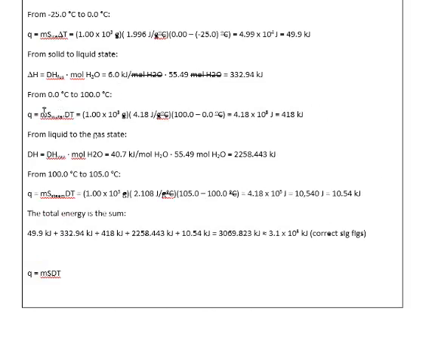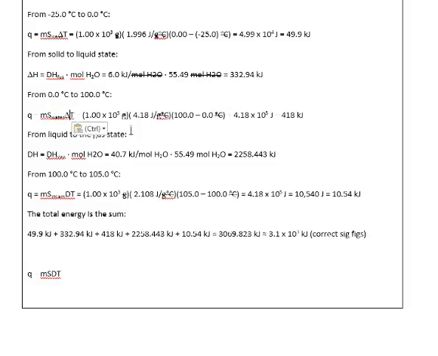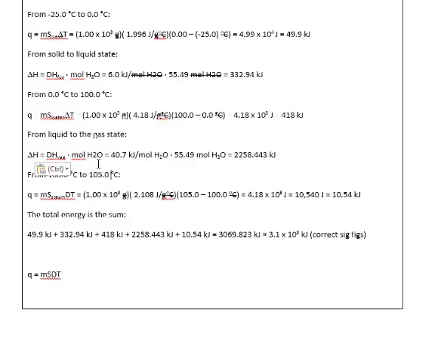From 0 degrees to 100 degrees Celsius, Q equals M S of water times delta T equals 1 times 10 to the third grams times 4.18 joules per gram degrees Celsius multiplied by 100 minus 0.0 degrees Celsius equals 4.18 times 10 to the fifth joules equals 418 kilojoules. From liquid to the gas state, delta H equals delta H of vaporization times moles of water, equals 40.7 kilojoules per mole of water times 55.49 moles of water equals